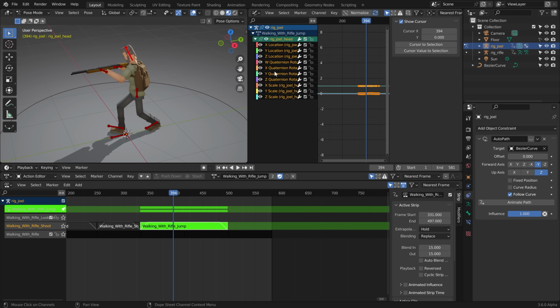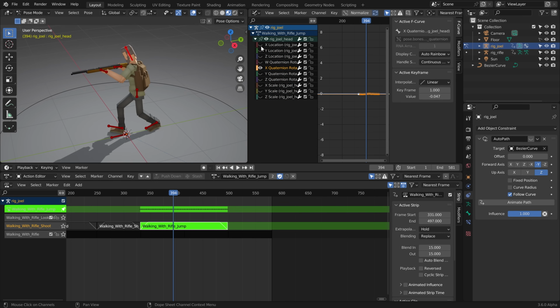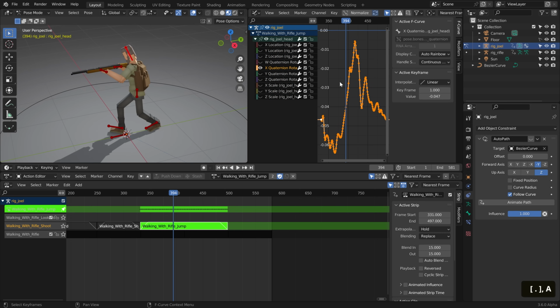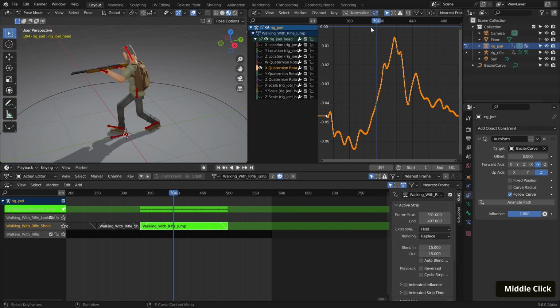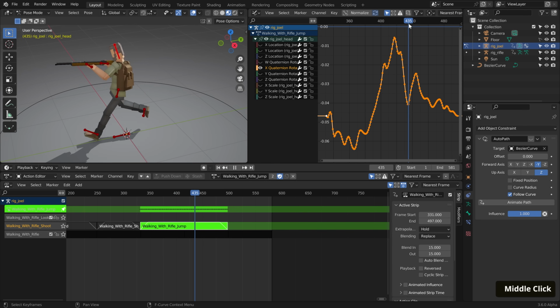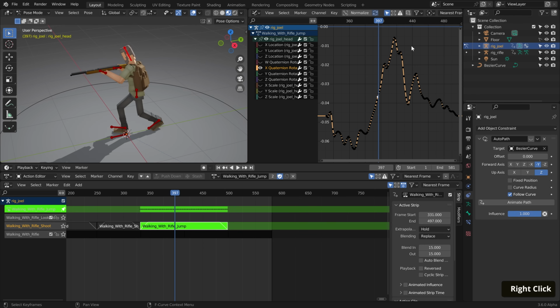Now in this case, we only want to animate the x-axis of our head so we can hide all of the other animation graphs. We can now press the period key on our number pad to zoom in onto our graph. We can now make very quick and rough edits of our animation using this graph. So let's select one of these keyframes. Let's go over here and enable proportional editing. Now we can use the scroll wheel to increase the influence of our proportional editing,